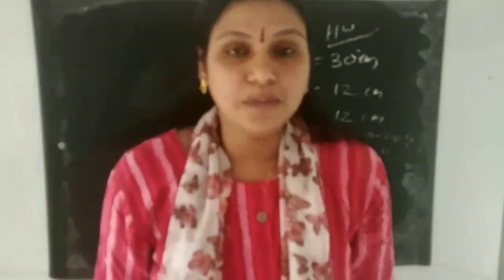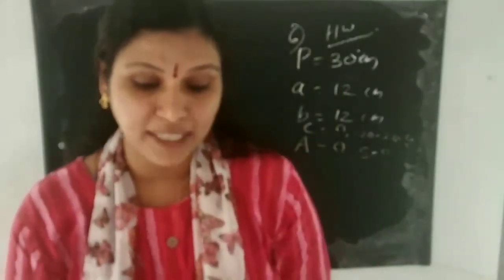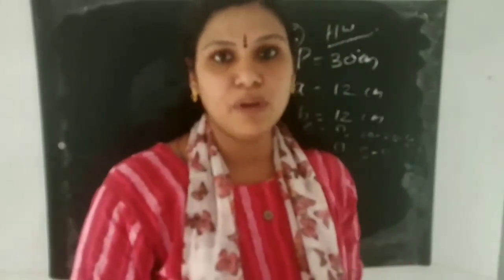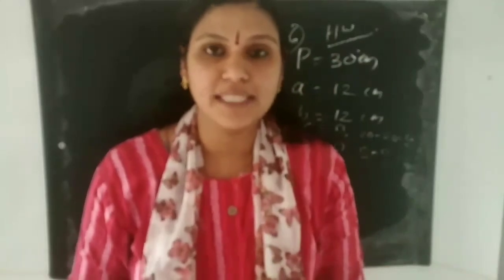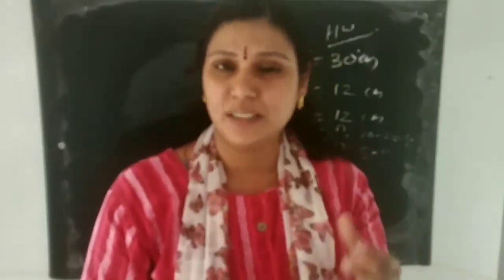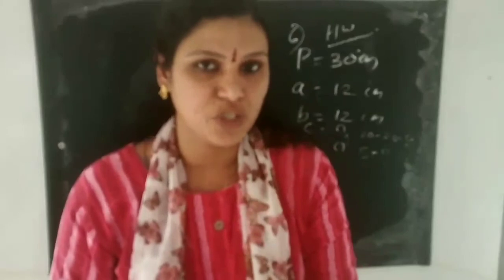Okay children, the next section is application of Heron's formula for finding the area of a quadrilateral. This section is not needed this year because CBSE omitted this portion. Application of Heron's formula is omitted by the CBSE, so no need to study. So this much only in this chapter. You should study the 5 or 6 problems. Only 6 problems are there. So you should study today itself and watch the video again and again. Then only you will understand.